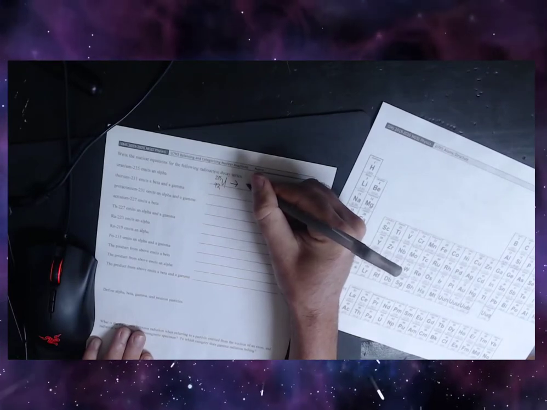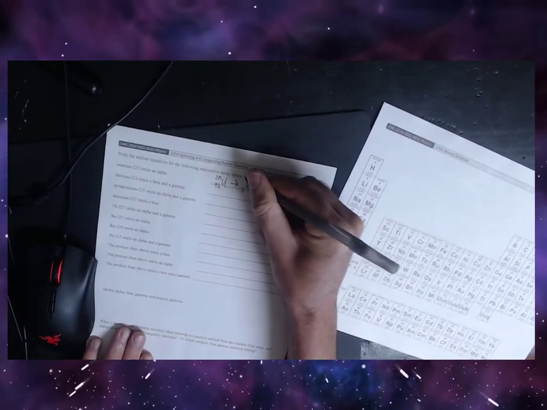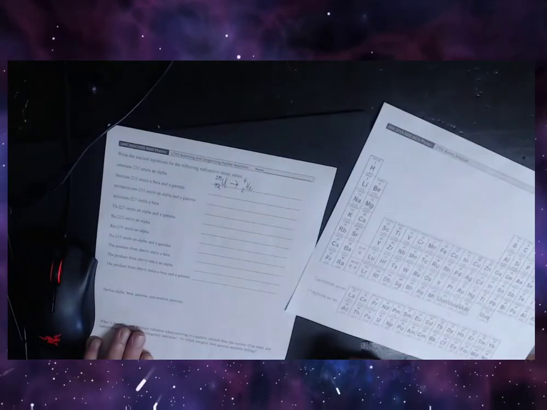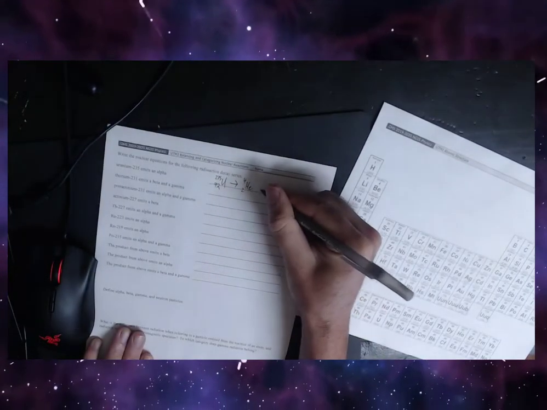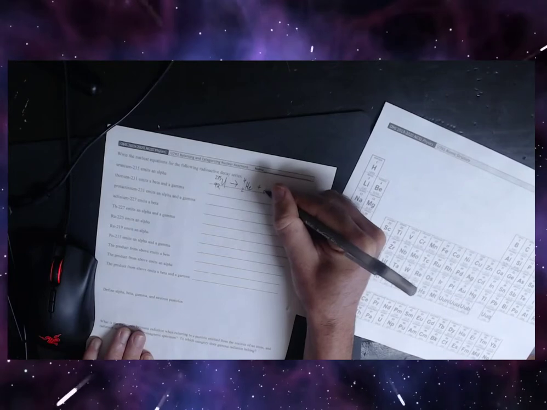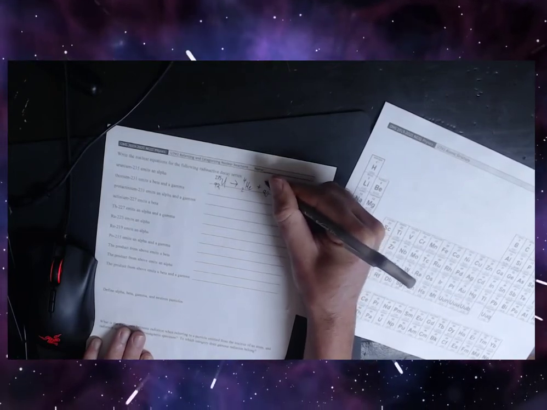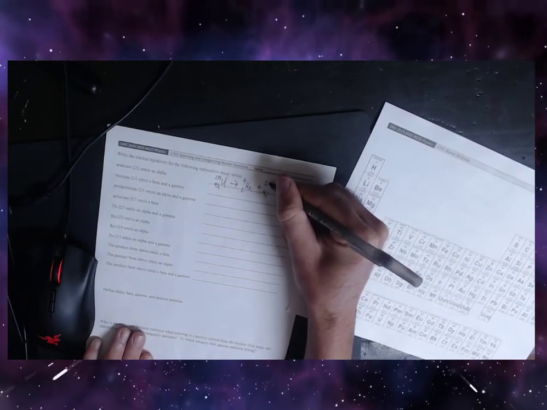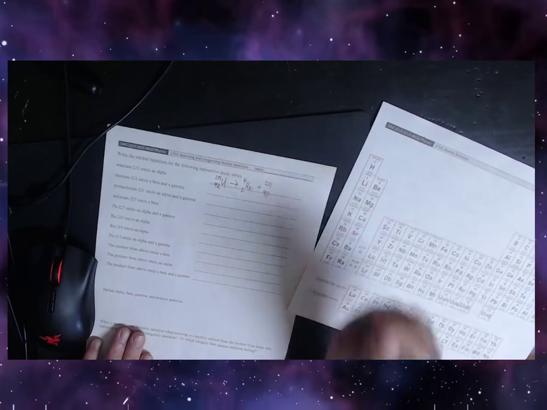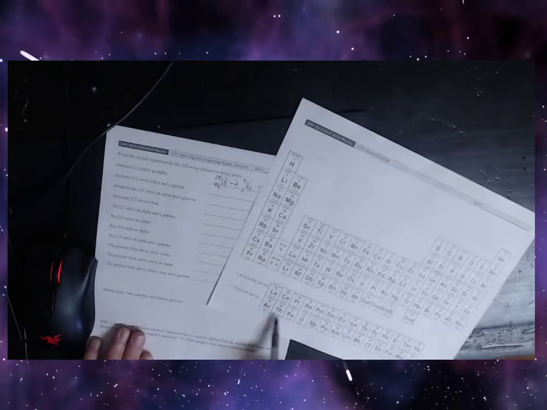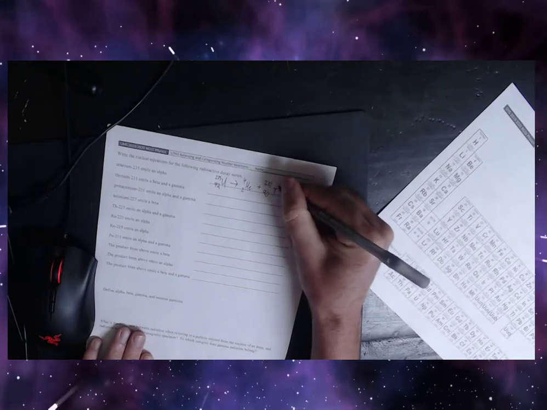We know the identity of an alpha particle is a helium atom. Hopefully you're starting to get used to just knowing that one. That's a quickie. And what that leaves is 90 on the bottom and 231 on the top. And on my periodic table, I check out 90, and it's thorium,